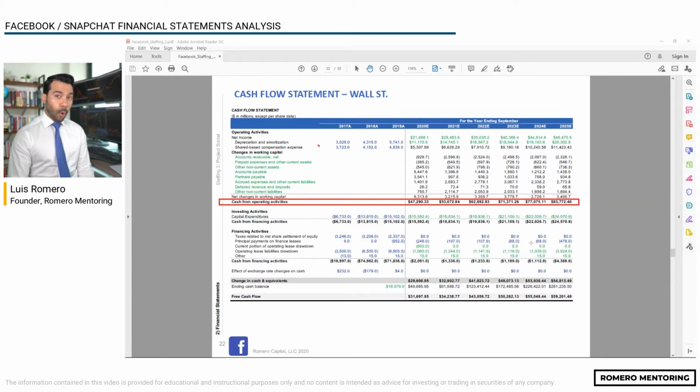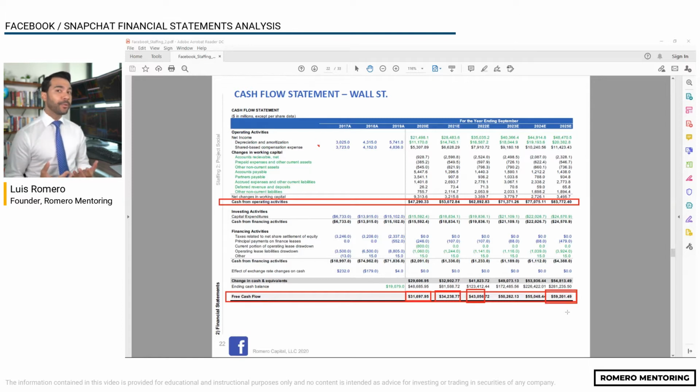The other major line item that I'd like to look at is free cash flow. You're seeing right here the free cash flow is positive, it's healthy, it's growing year over year. This year in 2020, the estimate, based on the assumptions this analyst uses, is 31 billion. The following year, 34 billion, followed by 43 billion, and by 2025, they should reach almost $60 billion in free